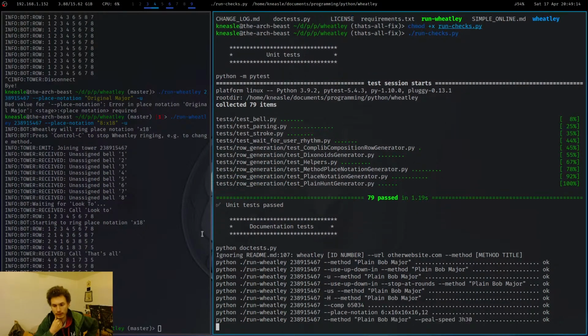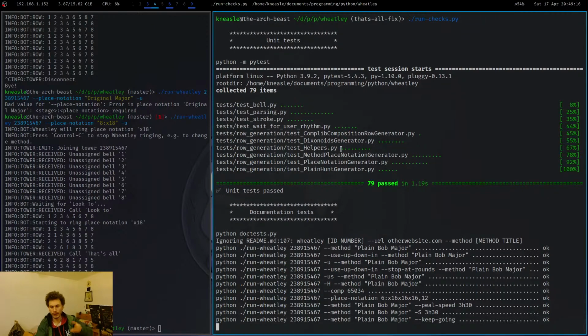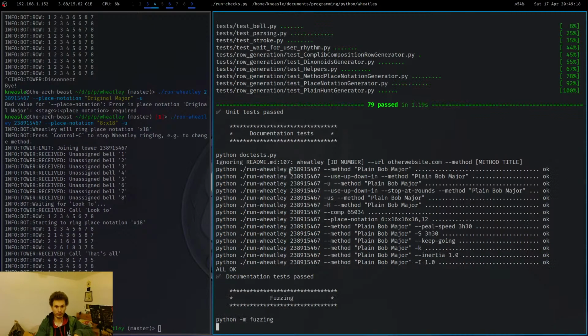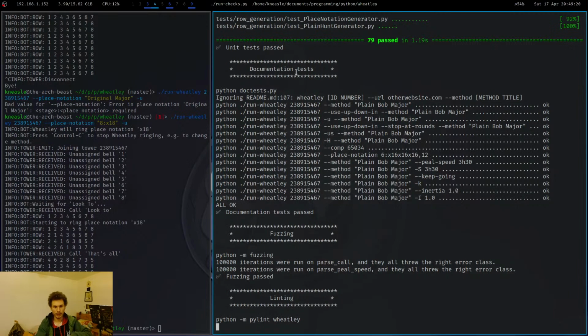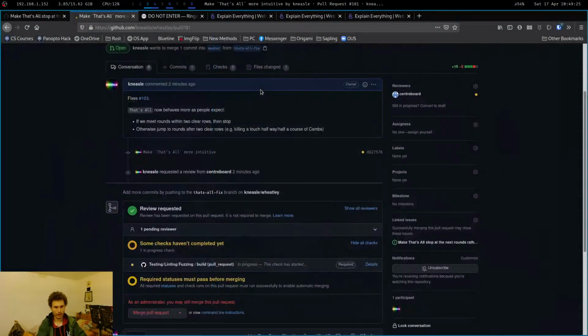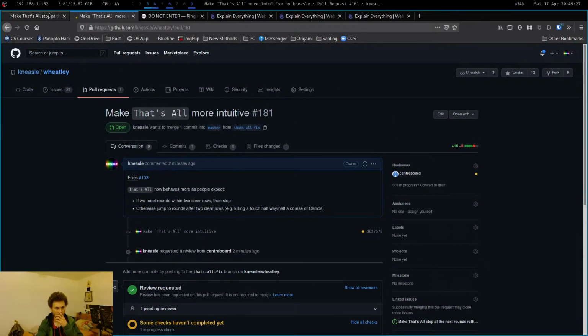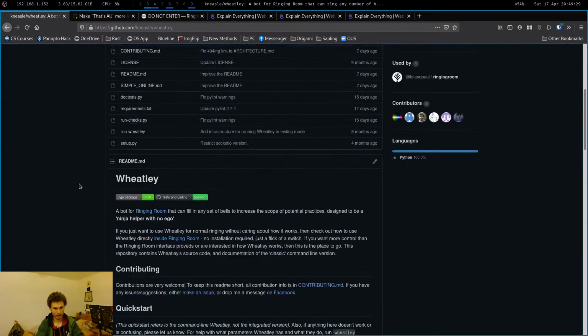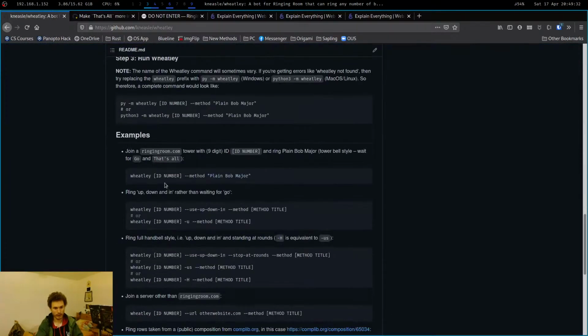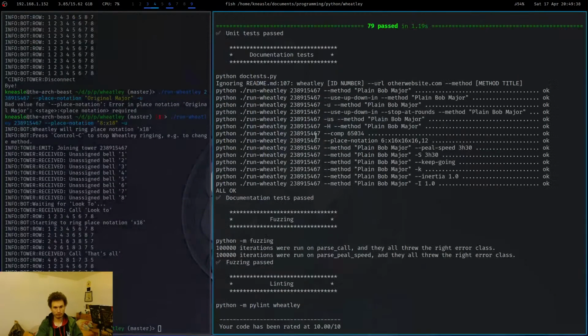These are basically just sanity checks. So we've got unit tests, which is like little pieces of the code. Do they do what we expect? These documentation tests are, we run the examples in the README. So if we look at the README, we have a load of examples here. And when we were developing it, we would change the names of these or whatever. So this runs all of those examples and checks that they actually work. And I've substituted a method name and